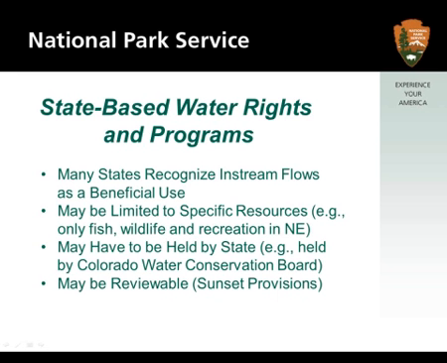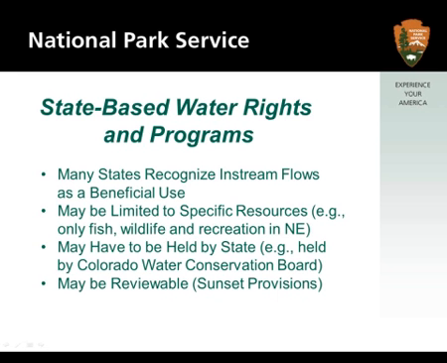The other problem is, it's not necessarily a problem, but it can work both ways, is that sometimes the in-stream flow water right has to be held by some entity in the state. For instance, here in Colorado, they have to be held by the Colorado Water Conservation Board. They're put in front of the board, they're voted on, and they're approved. But an individual or a federal agency can't necessarily hold those rights. So you have to look at your state to decide whether or not who can hold the rights for the